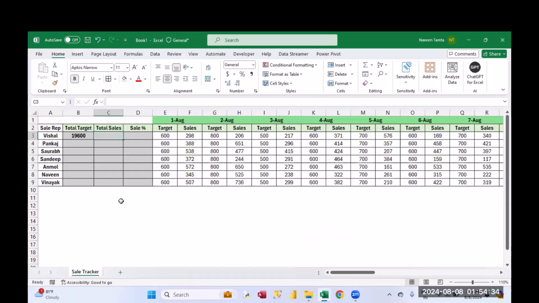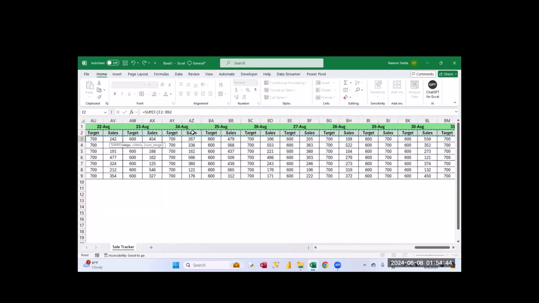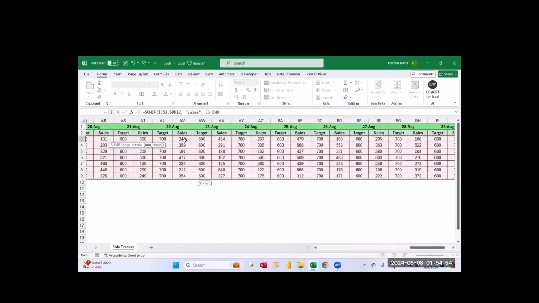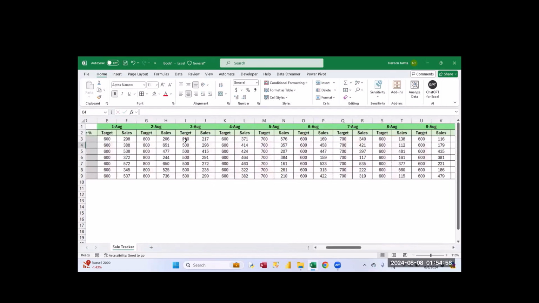Same I will do for the sales. So in this case, I am again applying sum if. So in case of range, I will give the range as this. I will fix this. Then at this point in time, my criteria will be sales, and then I will give the whole range from here E3 to BN9, and I will close my parenthesis.